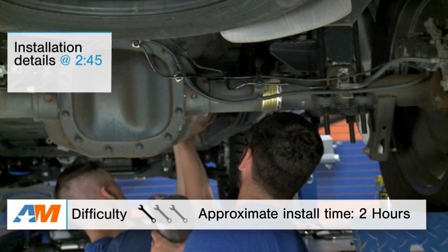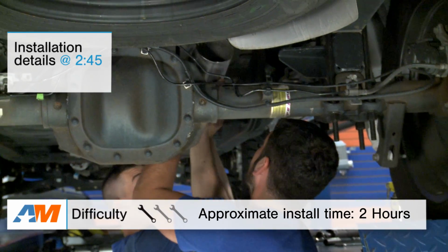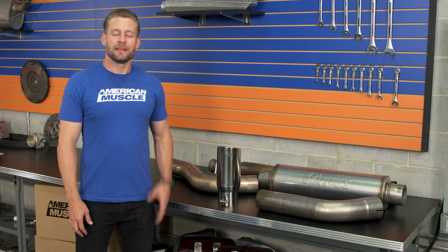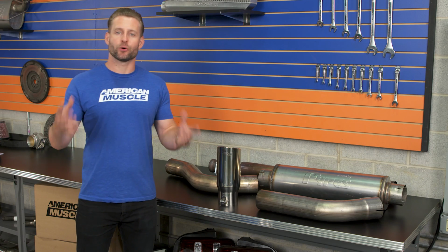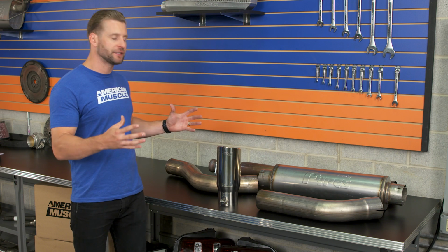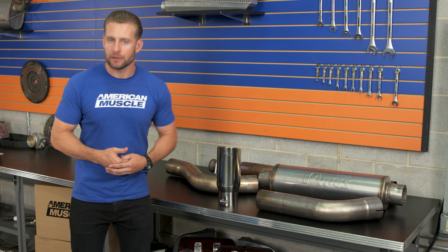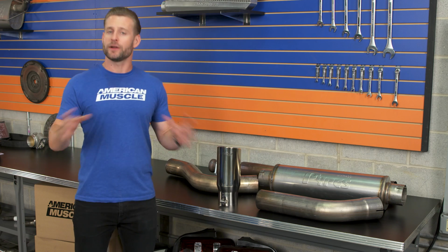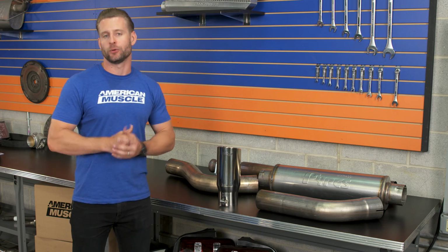Now some of you may encounter a small amount of cutting here depending on your cab or bed size, but we will have a little bit more detail on that coming up later on. Now the pipe system that I have in this video is going to be a great choice for EcoBoost owners out there looking to go with a full 4-inch system here, something that's going to provide a little bit more noise over your factory system, and then finally a system that's made from 100% stainless steel while still being very